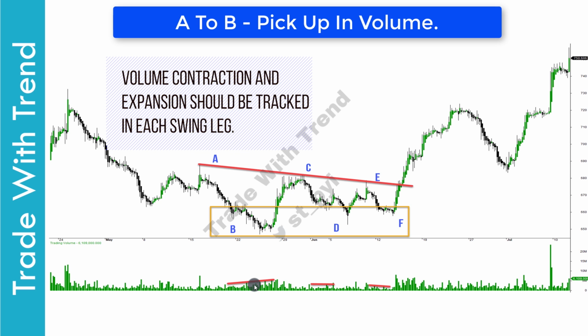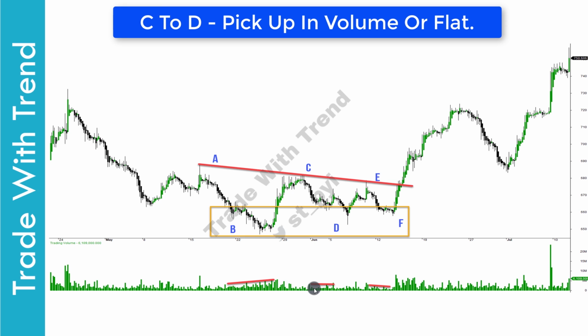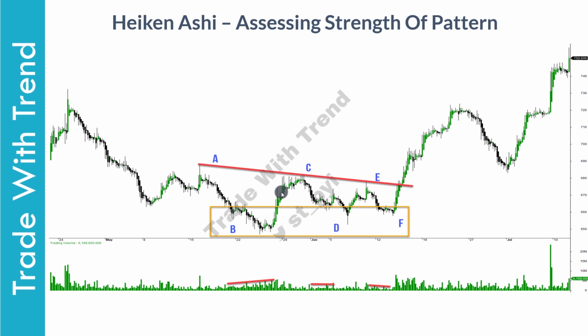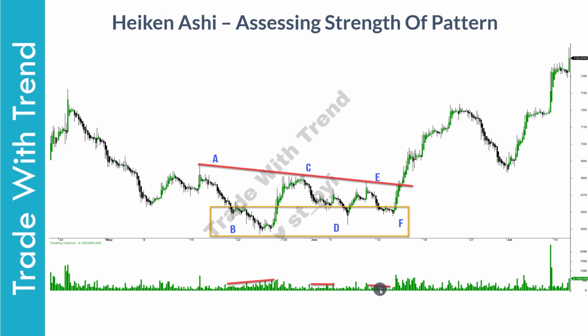Followed by this, volume can either fall or be flat as price moves from C to D. There should be some increase in volume as price moves from B to C and from D to E. In the last swing move from E to F, there should be a notable drop in volume. This would suggest price is moving lower with less conviction, and this in turn strengthens the coil spring pattern further.